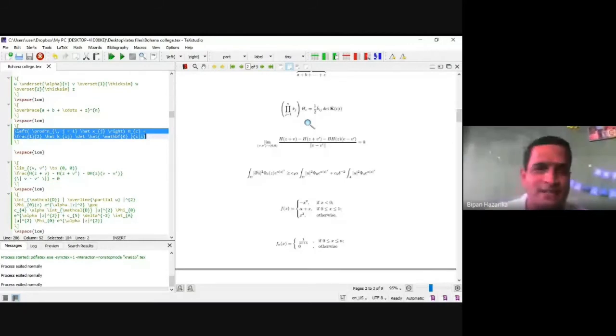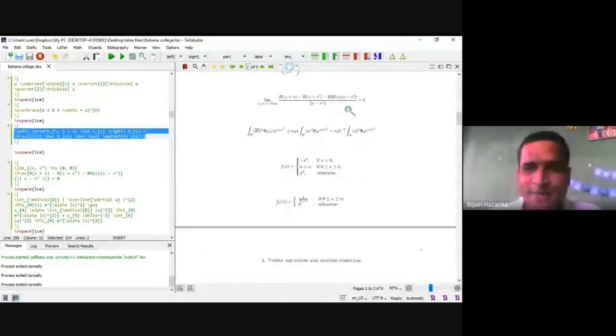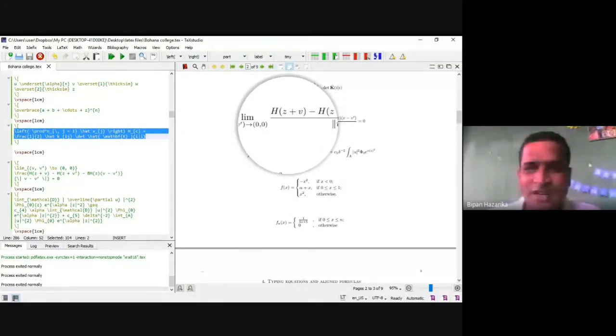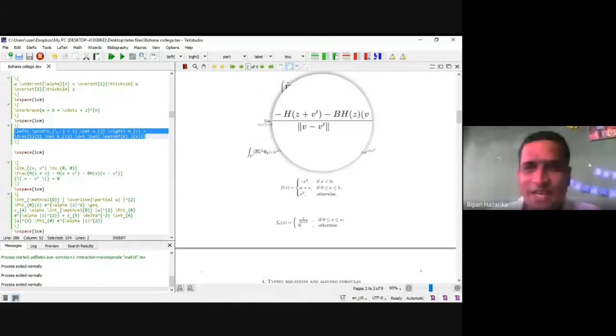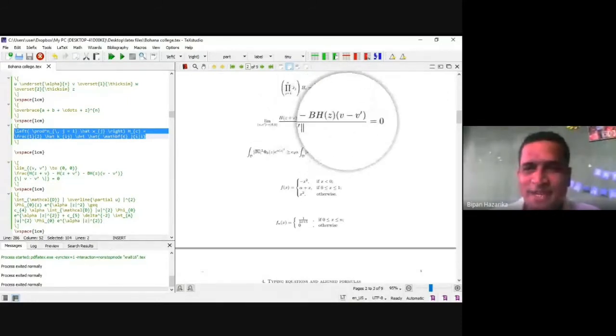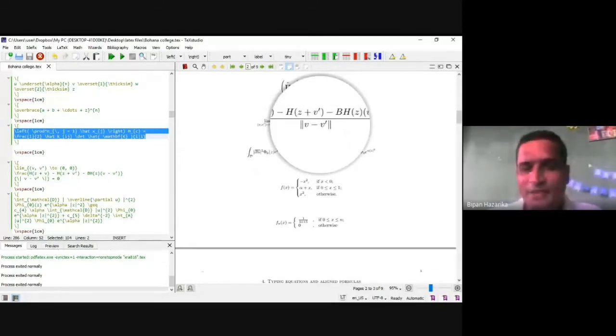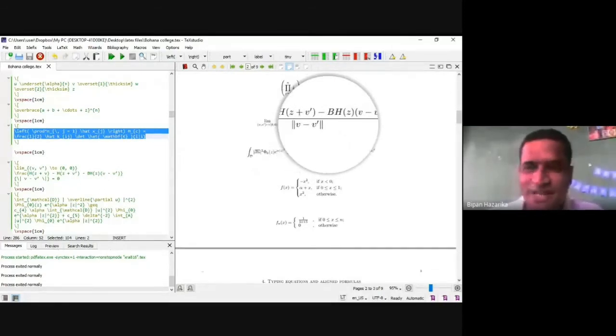Then another expression: limit u, v dash tends to 0 0, h of z plus v minus h of z plus v dash minus h z of v minus v dash, divided by norm of v dash, that means double vertical bar, within double vertical bar, is equal to 0.